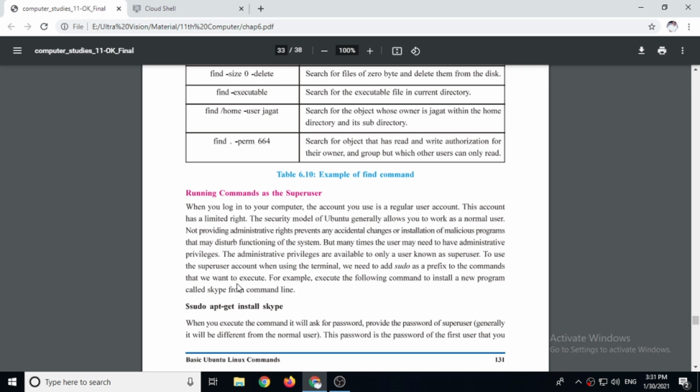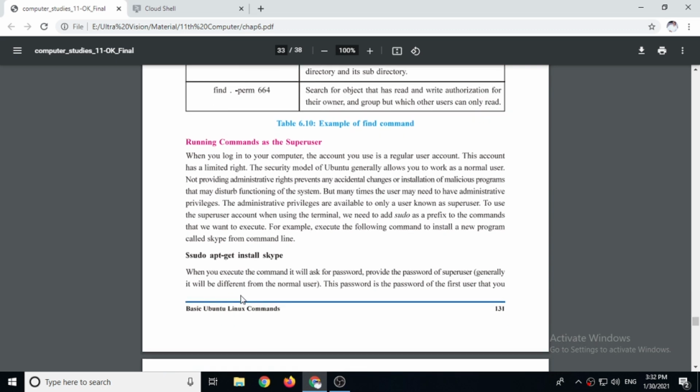But remember, you must have the super user password, otherwise you cannot install it. So without going to the super user, you can install a particular program. For example, execute the following command to install a new program called Skype from the command line.